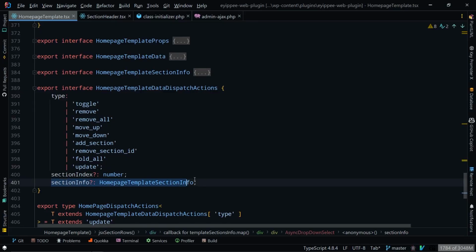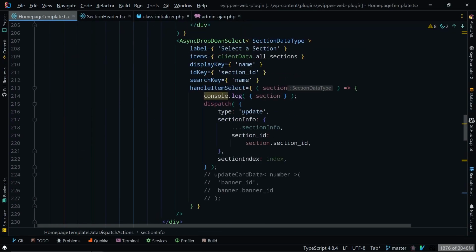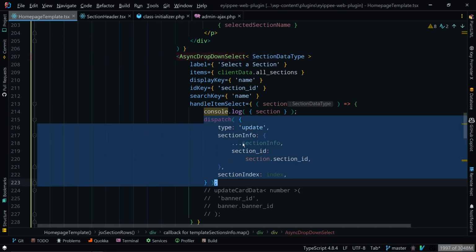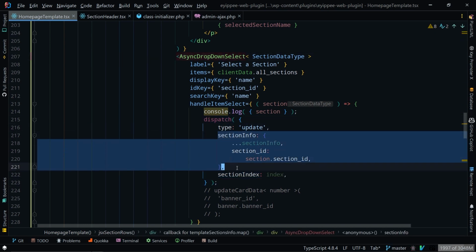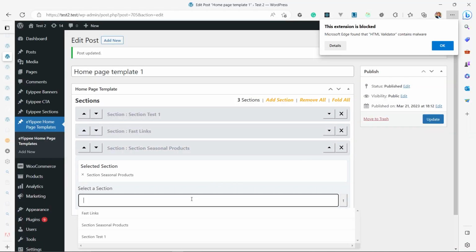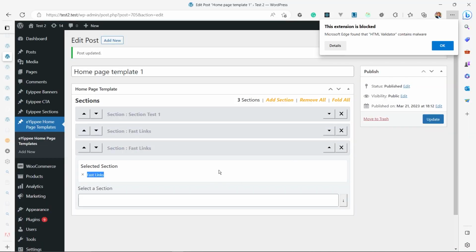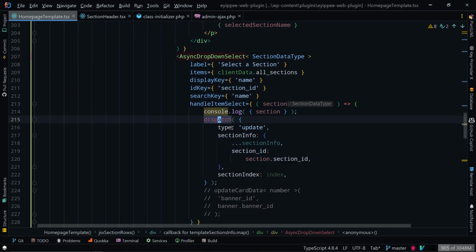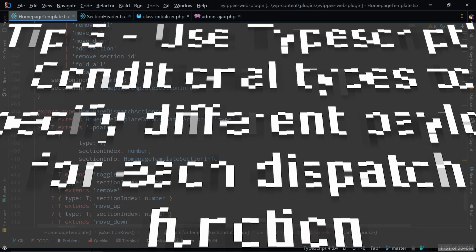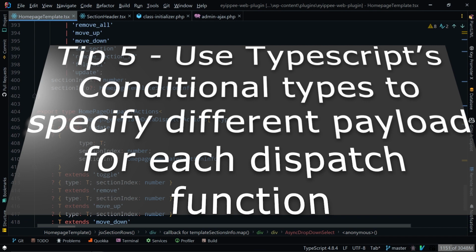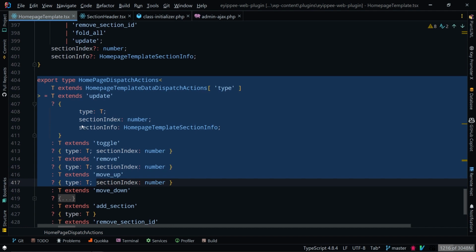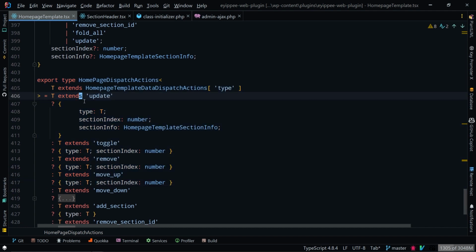Then the section info is also important, so that when we come in here and select a value, it will dispatch the update action with the updated section info. And that is how we are able to get it here. If you select a particular section here, that action will be dispatched and we'll get the updated section, and then we update it. Now, a very important tip here: you can see that we took the action and then we created a conditional type here. And this is very important. If you want to understand this more, let me know in the comment section so that I will do a